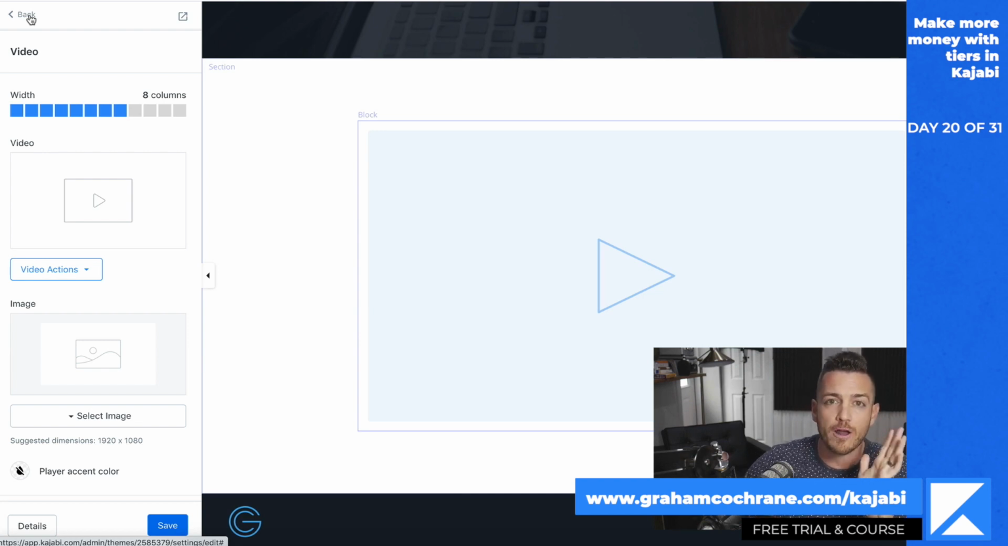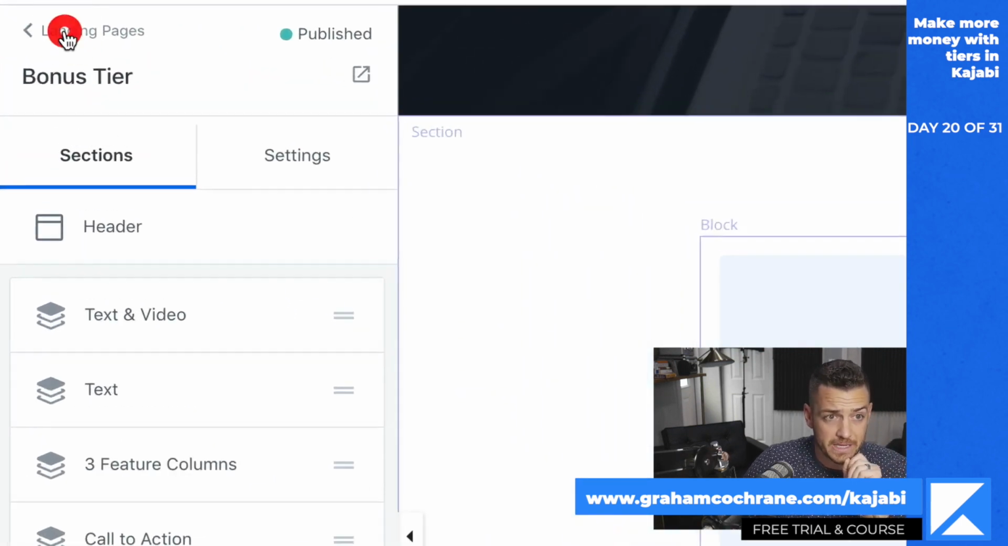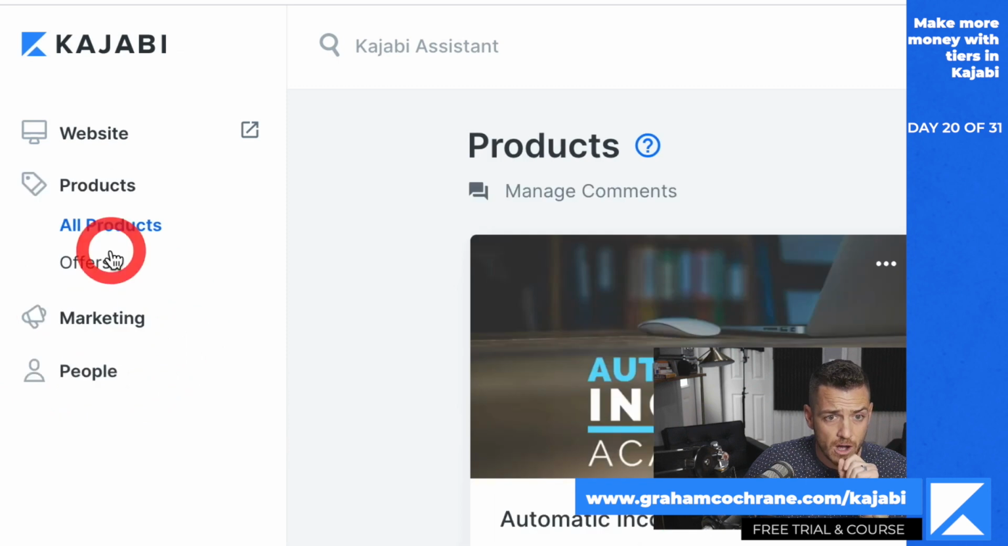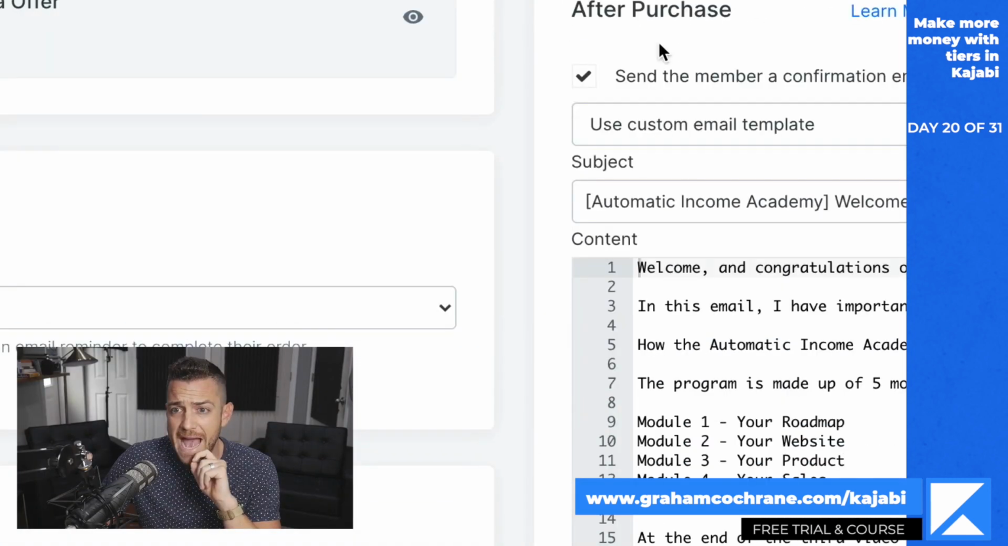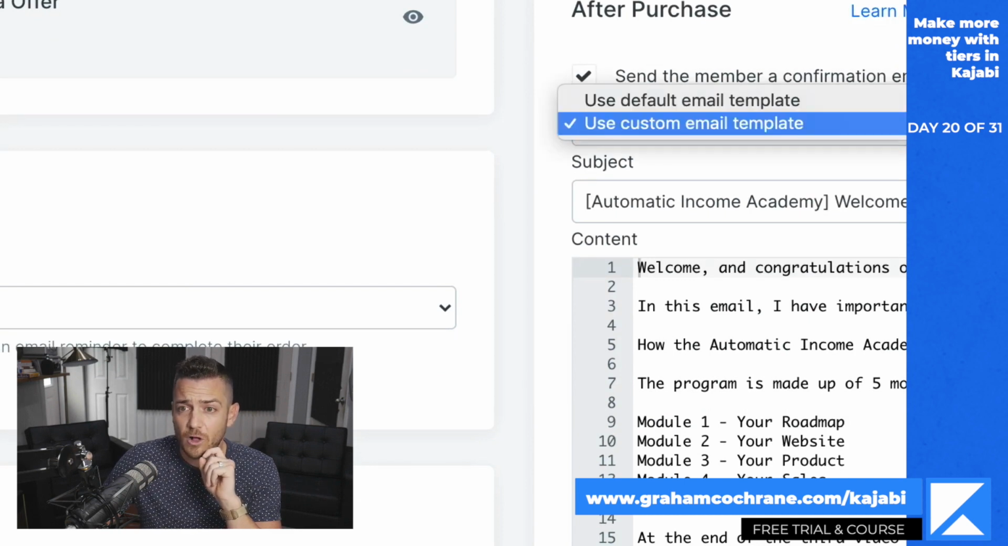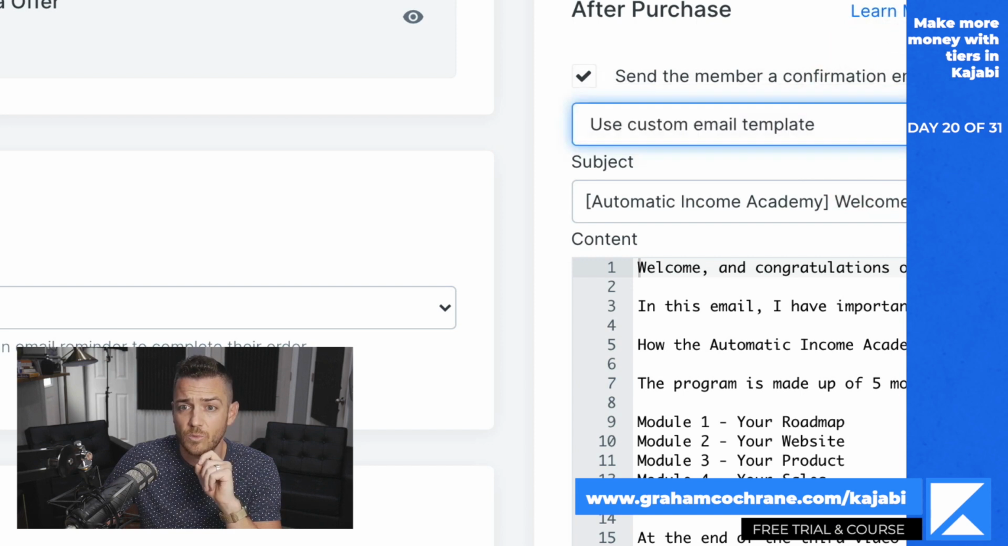Or even with the automated one-time email that gets sent when they purchase, which if you don't know where that is, when you go to your offers, and let's say we buy Automatic Income Academy Platinum, right? After purchase, you can send them a confirmation email, and they can either do the default email, or you can use a custom one. So you could write the email right here if you want. If you just want one auto email that goes out, you can do that here. It's a little janky and basic text, but what I would recommend is an email sequence that they get sent